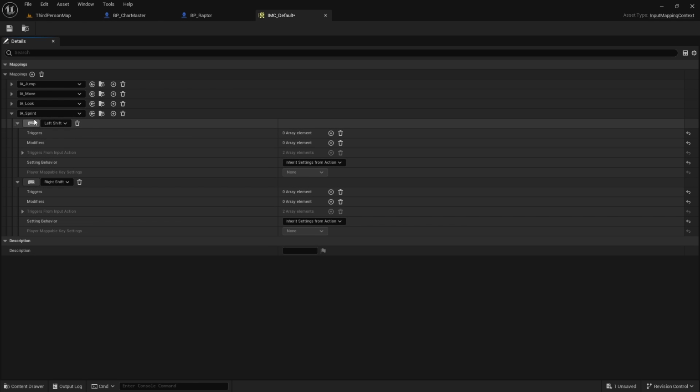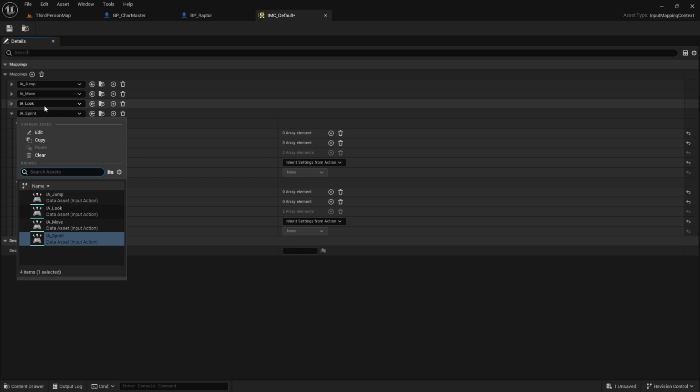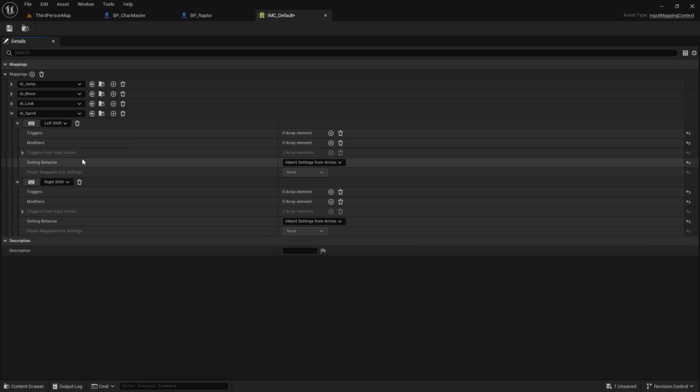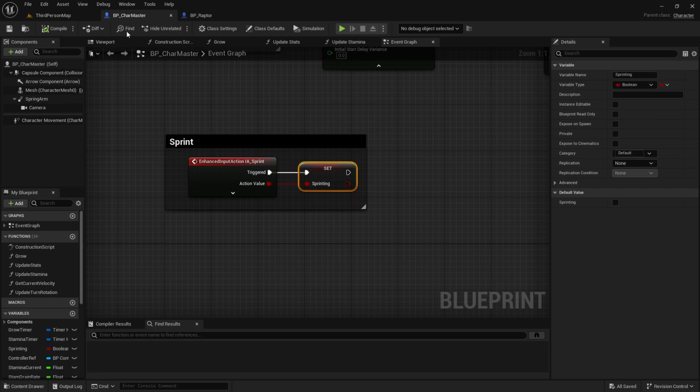These are already being, so we're just taking this action. If you don't have this already set, you just click it, drop down, and just throw it in there. But it's just taking this action and saying what key is bound to that action. So what keys to expect to call this action. Really, really simple. That's all you got to do. And that's pretty much good to go. And then to make sure that's activating,